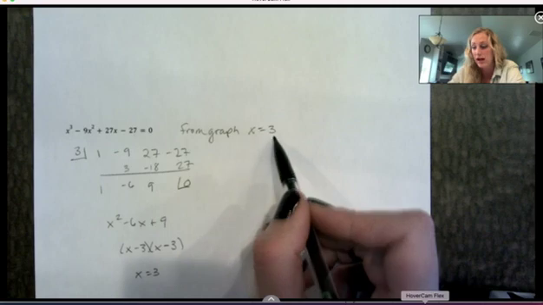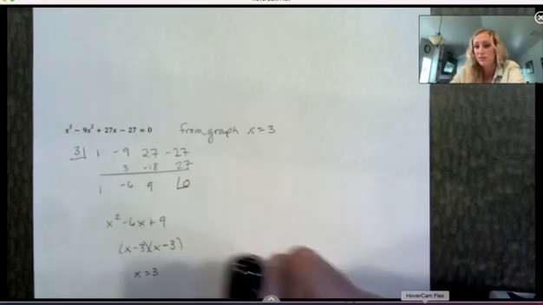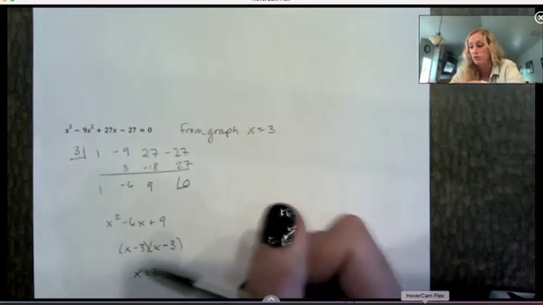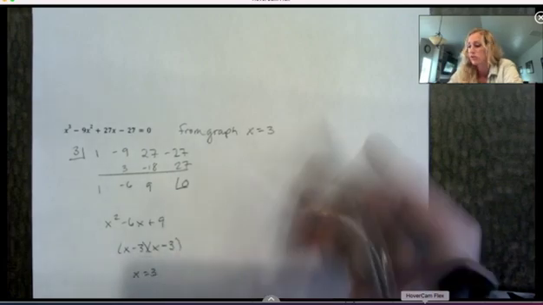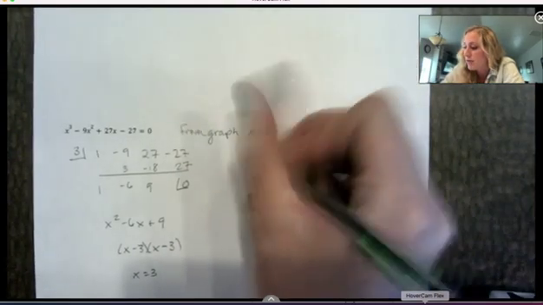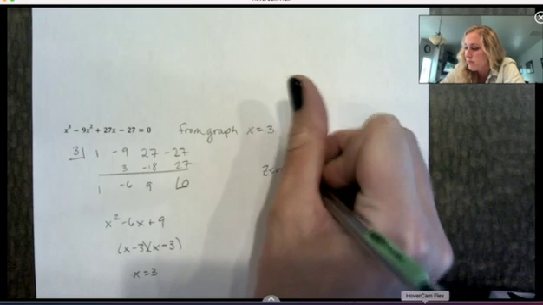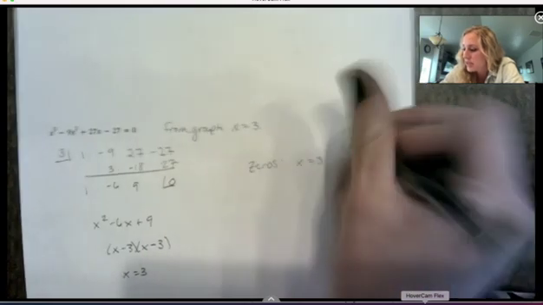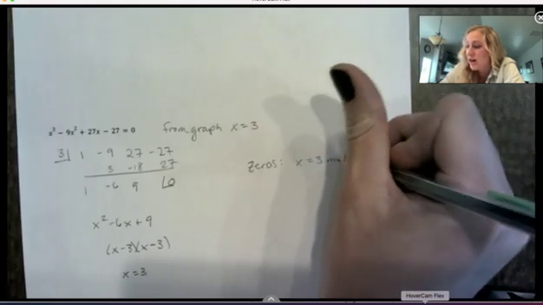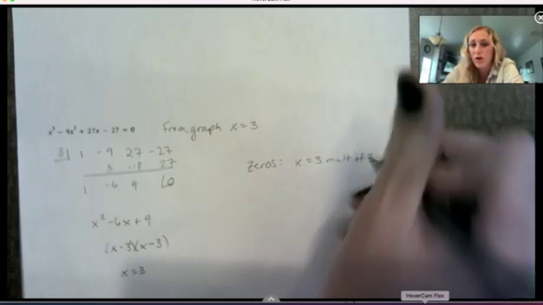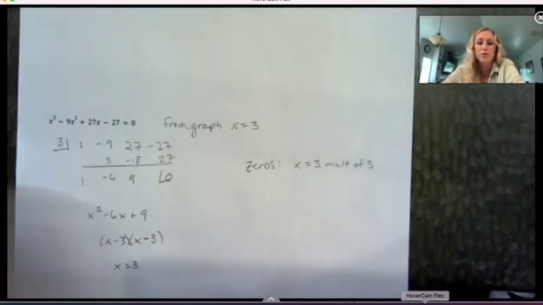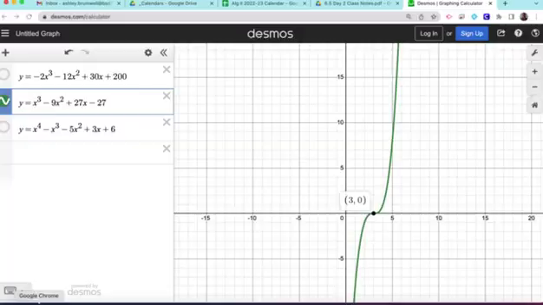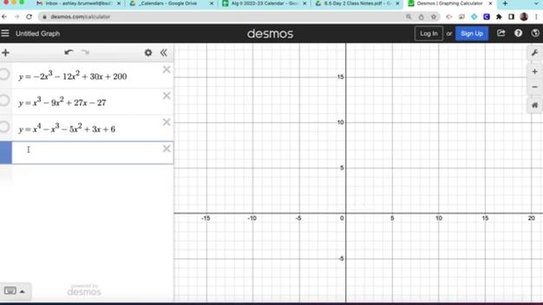We saw it from the graph, and this verified, hey, once I divided out 1 x equals 3, I still have 2 more zeros there as well. So my zeros are x equals 3, multiplicity of 3. So that's actually what happens, you guys, when my multiplicity gets larger. So if my multiplicity was just 1, I'm actually going to turn this one off and I'll show you here. So if I had just